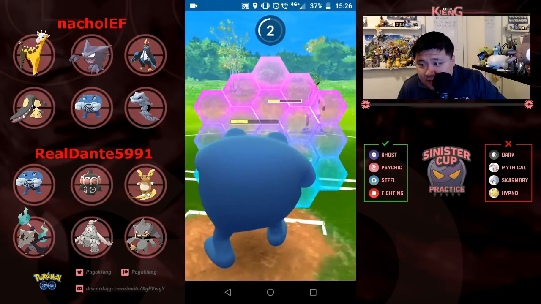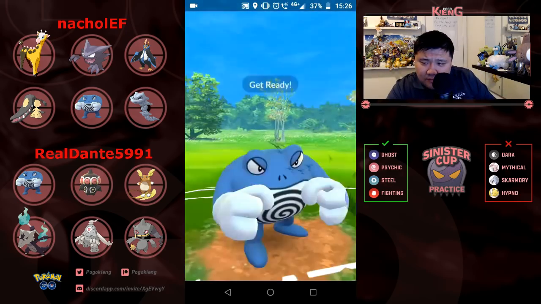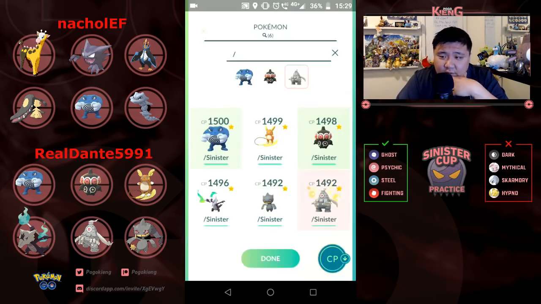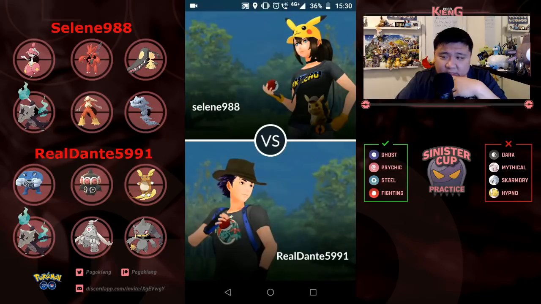Going to shield. And this Dynamic Punch is going to KO. I'm not sure I necessarily agree with that, but good third round. Moving on to the fourth round against Selene,